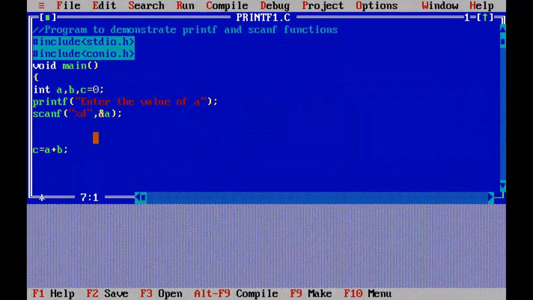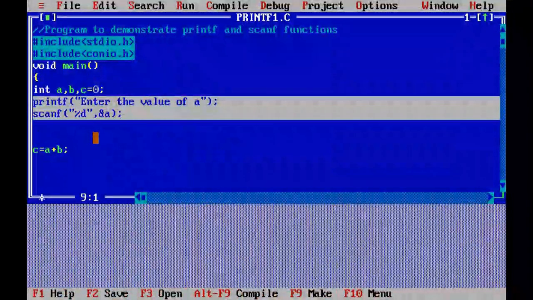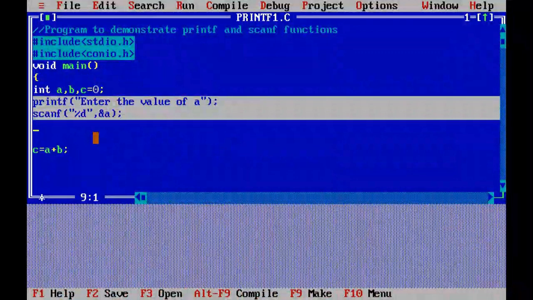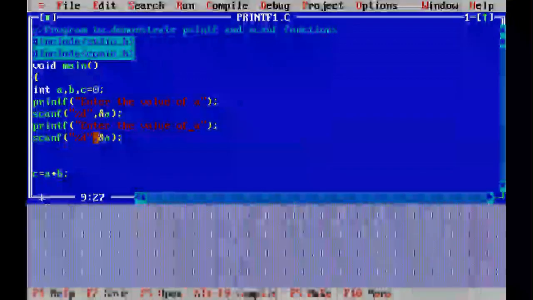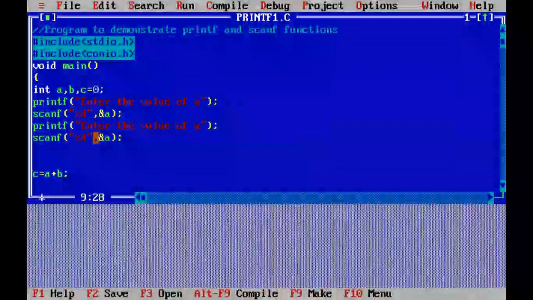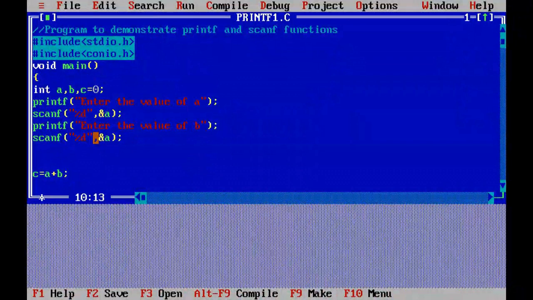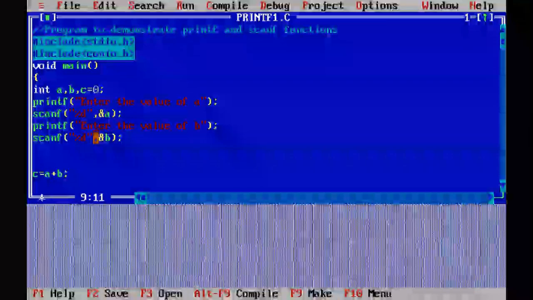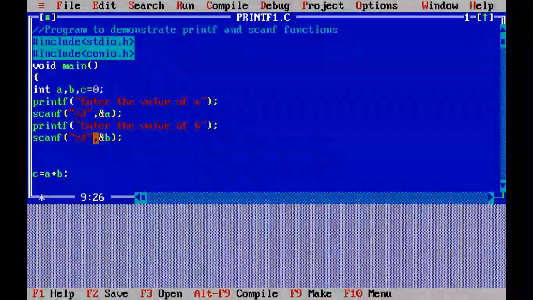Next I will copy it. I can copy with Ctrl+Insert and paste with Shift+Insert. Now change the message: enter the value of b, and read the value of b. With this statement another message will prompt, enter the value of b.